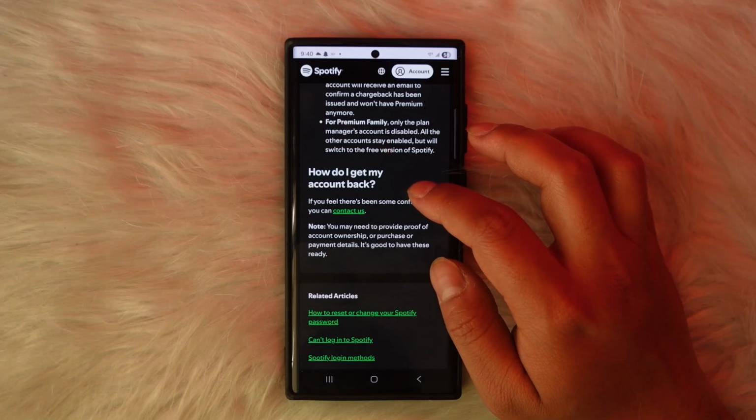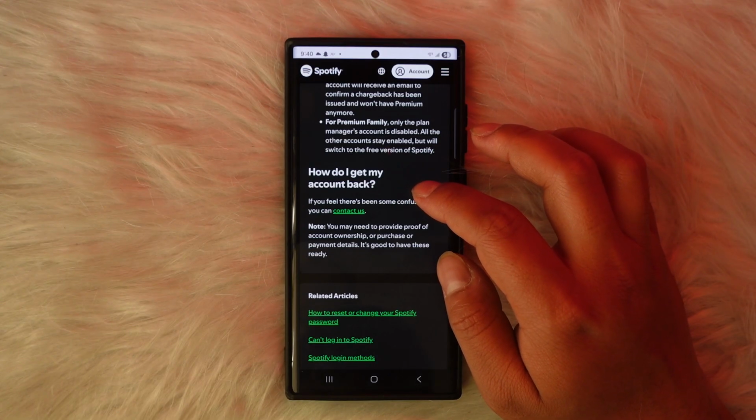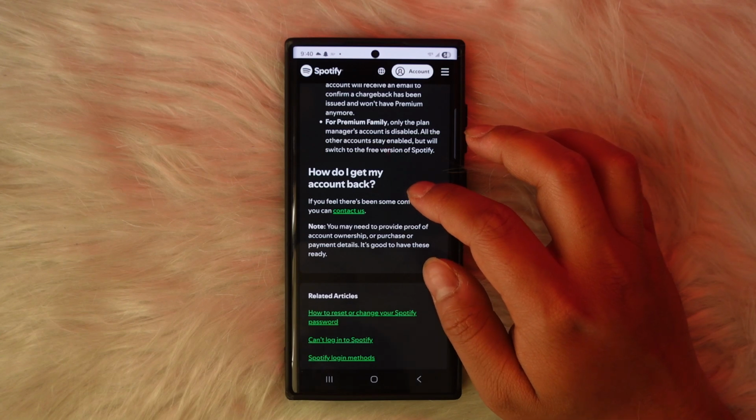However, before you do that, make sure that you have the proof of ownership or the purchase details or the payment details ready in order for you to show them or verify that it is you trying to regain